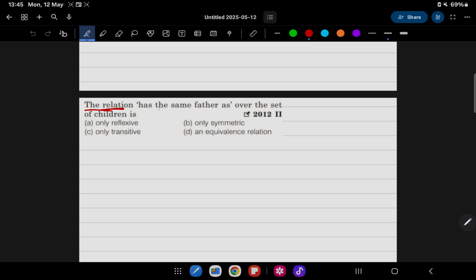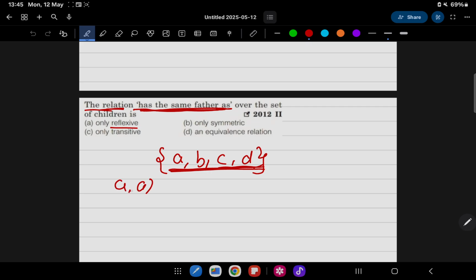The relation, मतलब जो रिलेशन है, मतलब एक बाप, मतलब एक पिता के बेटे, तो सेट बना लिया। लेट सेट इज A, B, C, D आर द सन्स ऑफ अ फादर। ठीक है, तो अब हमें ये चेक करना है कि ओनली रिफ्लेक्सिव क्या है, रिफ्लेक्सिव की क्या कंडीशन मैंने आपको बताई थी। A, A, here A is a son of a father and A is son of a father, मतलब ए भी उसी पिता का बेटा और ये वाला ए भी उसी पिता का बेटा, तो ये क्या होगी? रिफ्लेक्सिव भी होगी।